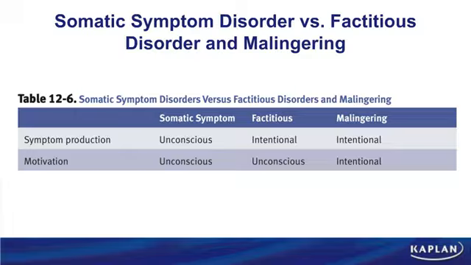Malingering, on the other hand, is not considered a mental illness or mental disorder. Why? Because the malingerer knows what he's doing and knows why he's doing it. If I killed my neighbor because I don't like him, I'm going to tell you that I heard voices telling me to do so. Why am I doing that? Because I don't want to go to prison. I'd rather go to the hospital. So the malingerer is purely conscious or intentional symptom production and purely conscious or intentional motivation.